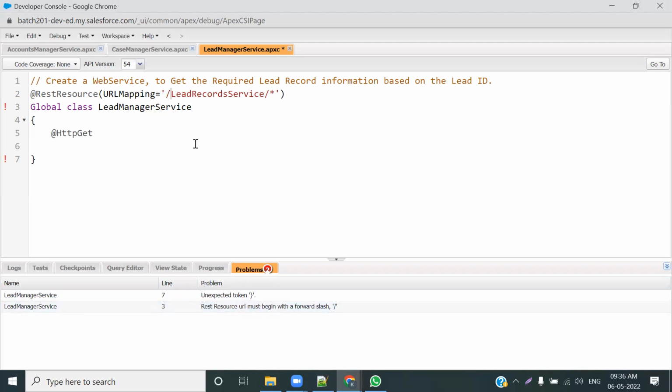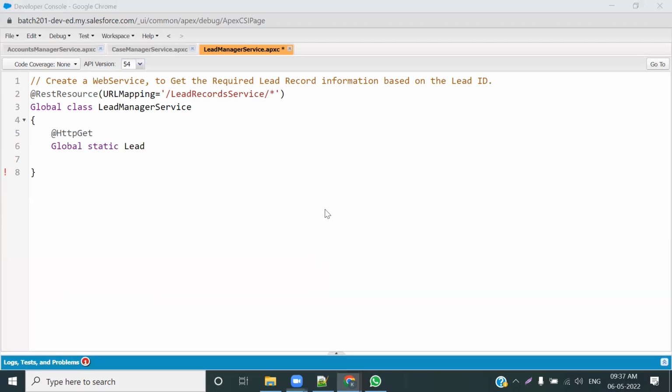Here it is. Okay. So in the URL mapping, it should always start and end with your backslash. And then the global class. Now the HTTP GET. Now let me create that method, global and static. What is it going to return? It's going to return only one lead record, because based on whatever the user has supplied,